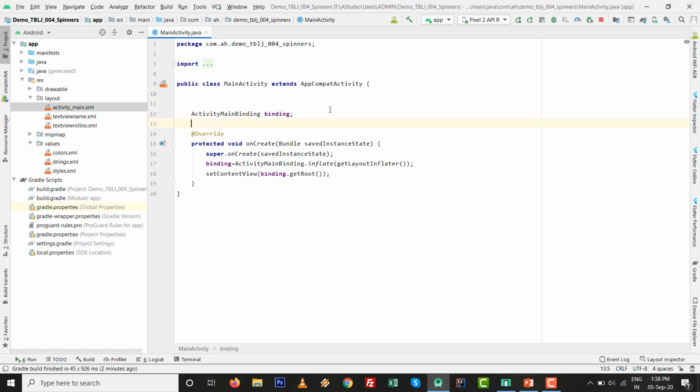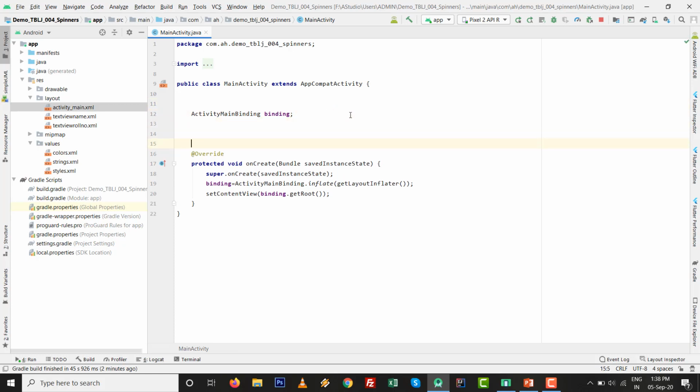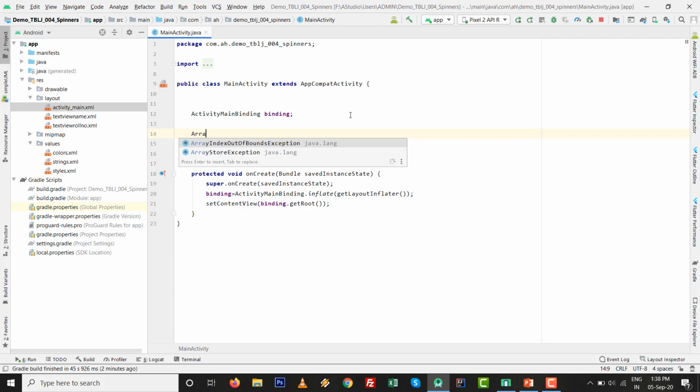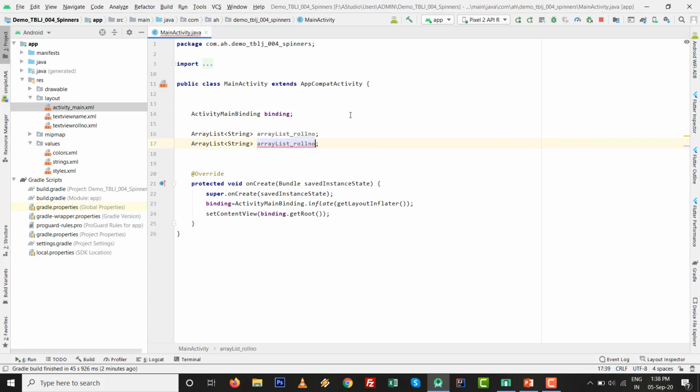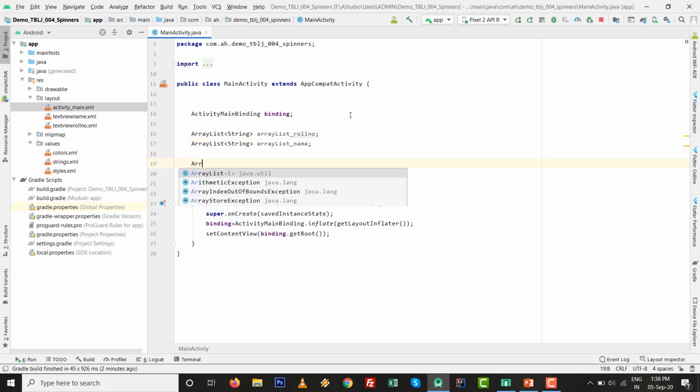So first we make two array lists and two array adapters. So I make array list of string type, just give the name array list roll number, then copy this one and paste it for the name, and two array adapters will be there.